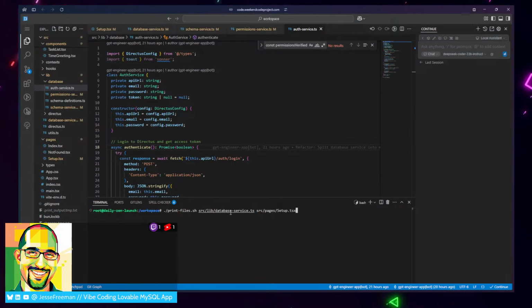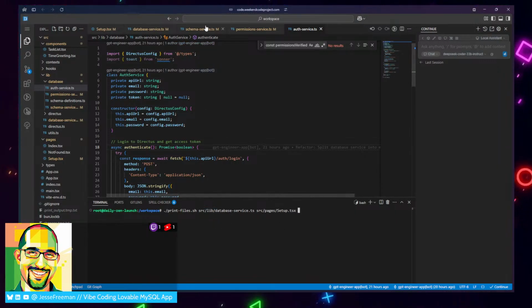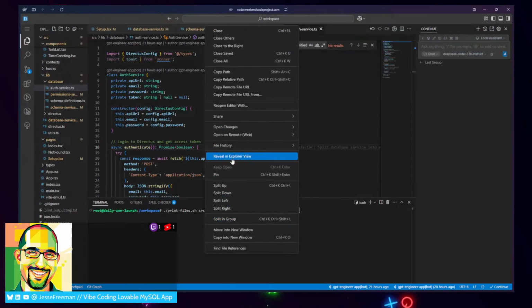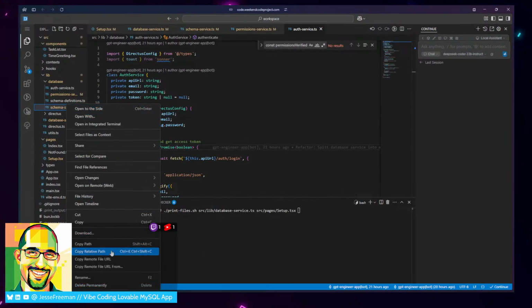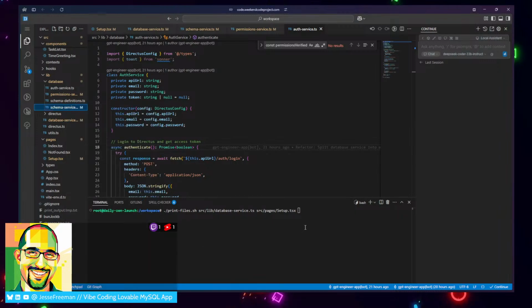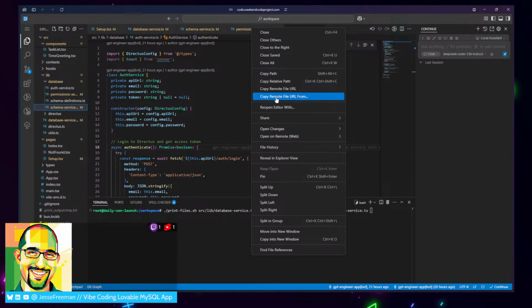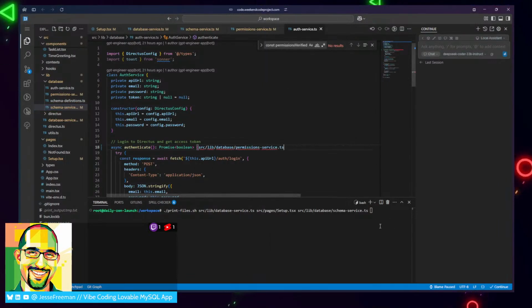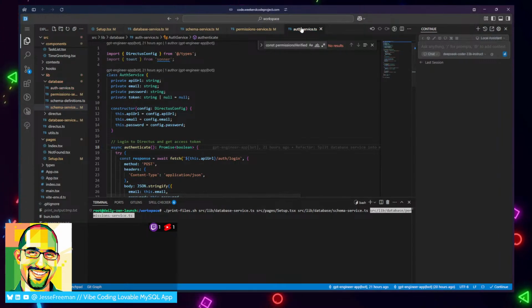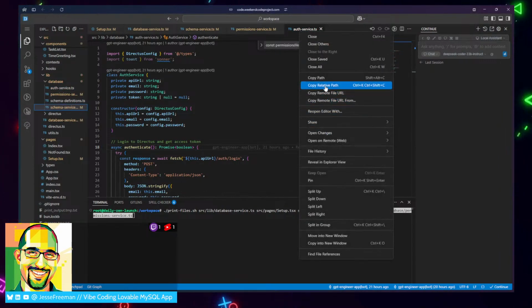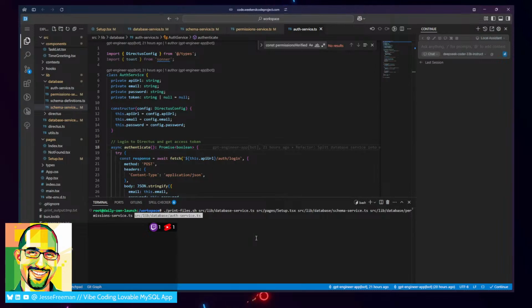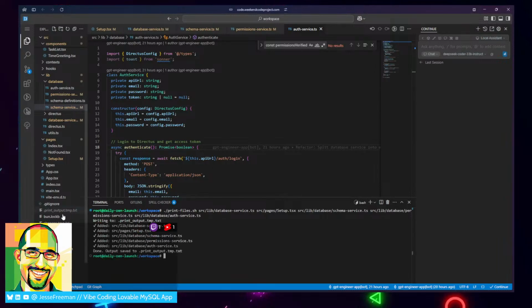We're going to have the database services, we're going to have setup. Let's find this. We're going to copy this, oh, we can just do it right here. Perfect. Copy, and auth service, why don't we just copy a relative path to. And now,